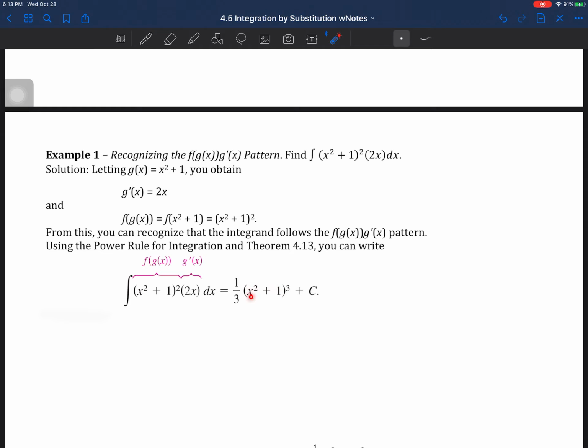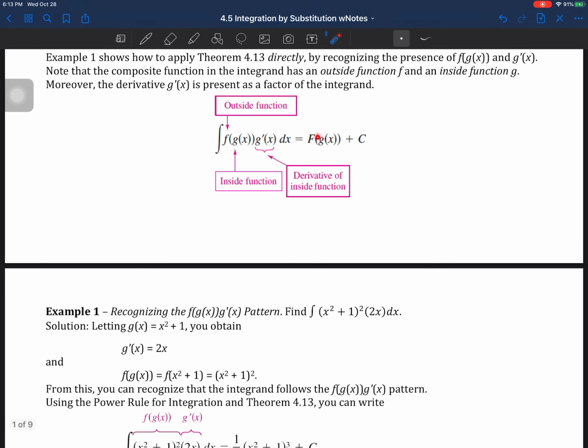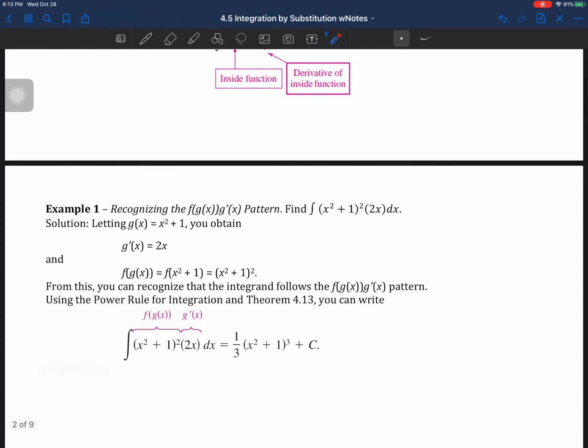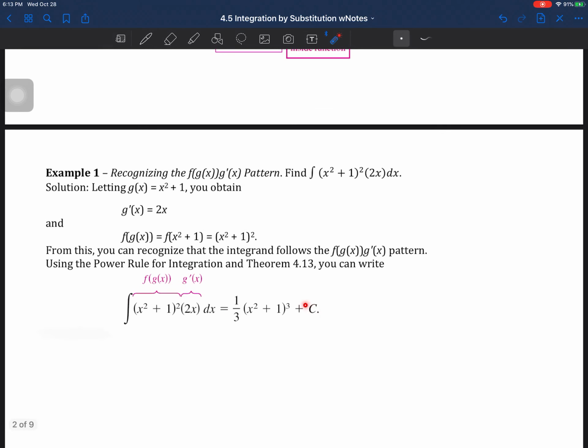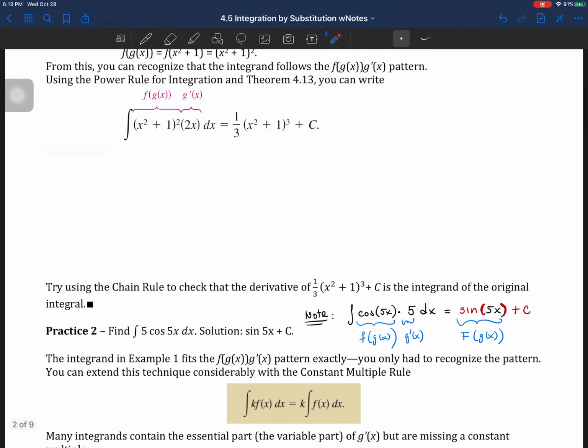And what do we do with the inside? According to the problem, it says leave the inside as it is, right? Leave the inside as it is. All you have to do is just change the derivative for the derivative of the outside, and then you add c. So I hope that this is making sense. We're going to have a few more problems for us to try,